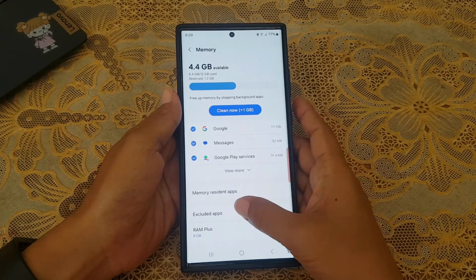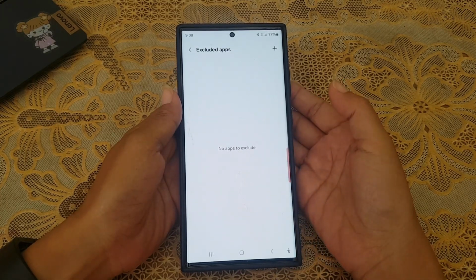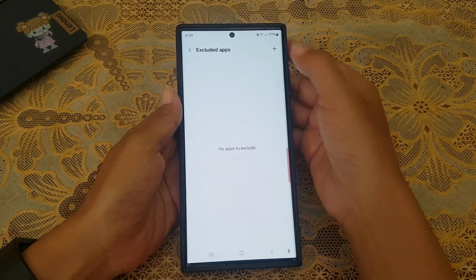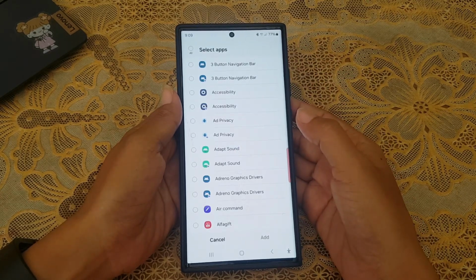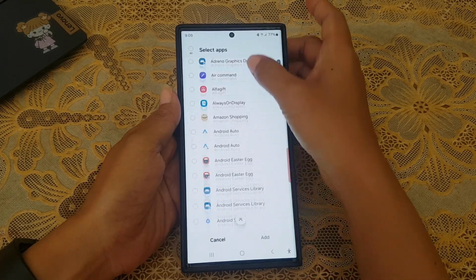Next, tap excluded apps. Tap plus icon at the top right. Now select the desired app. As the example, we will add Google and Weather.